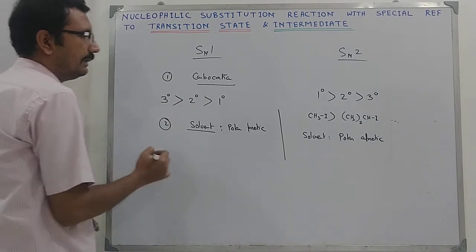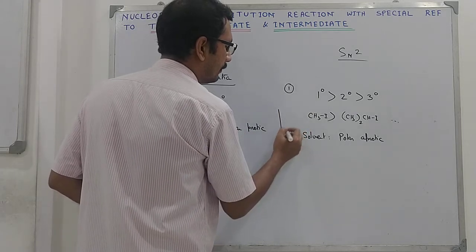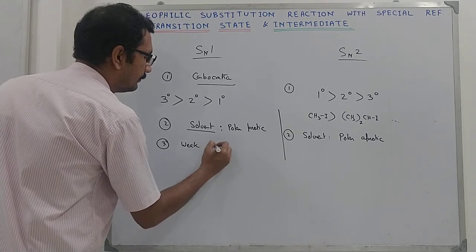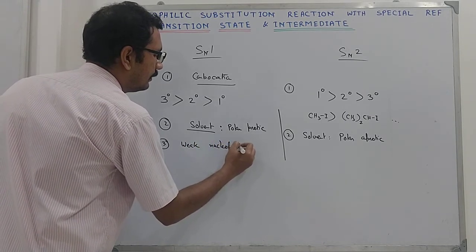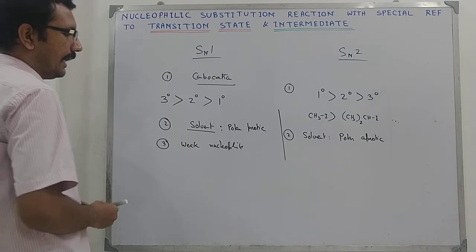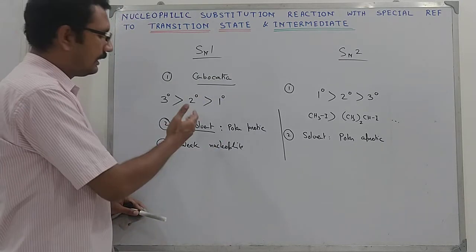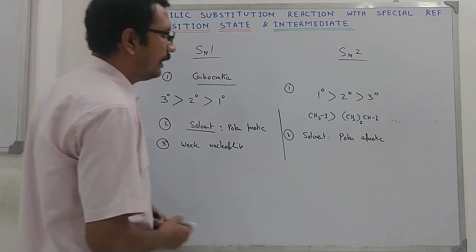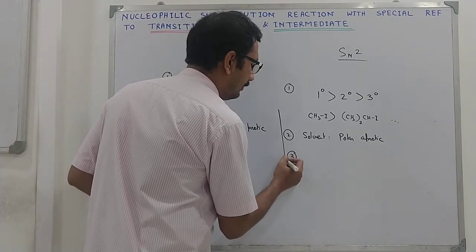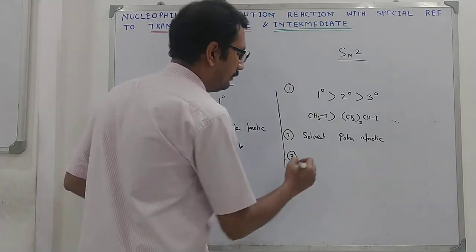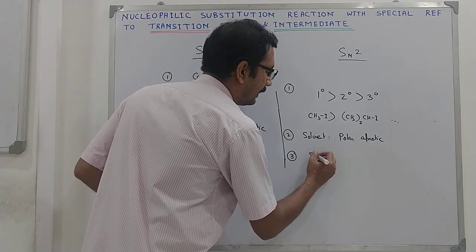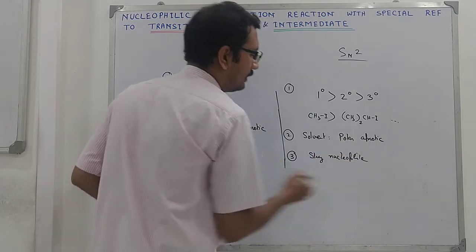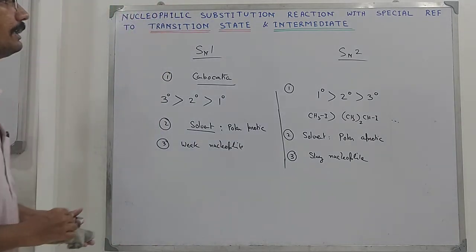Now, what will be the nature of the nucleophile? Here, a weak nucleophile may work, since the carbocation generates by itself, and then a strong nucleophile can also attack, a weak nucleophile can also attack to give the desired product. But since this attack is the trigger for this reaction, we need a strong nucleophile here. So this is all about the nucleophilic substitution reaction.